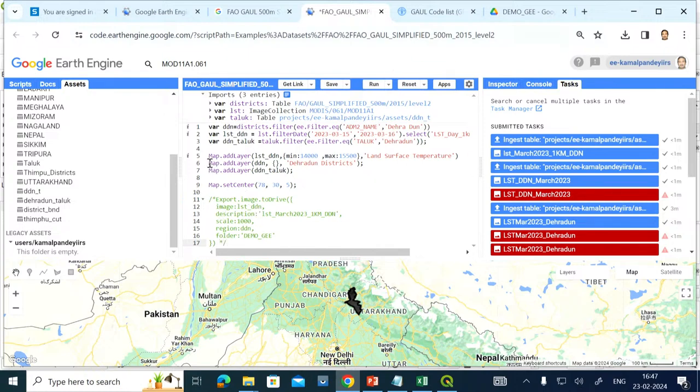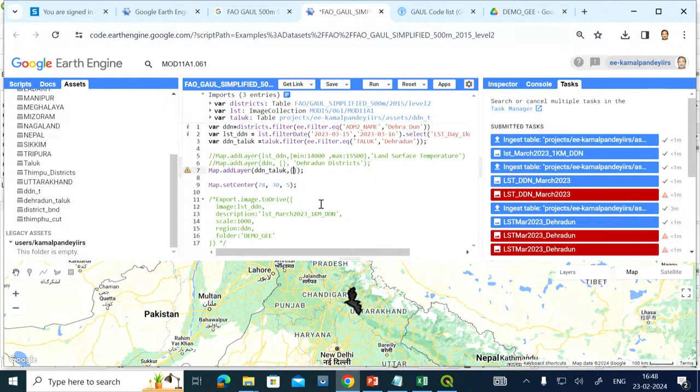If you want to comment a single line, you can just comment it like this also. This is also commented. Your DDN district is also now commented. So you have only the LST and the Taluk. Let me comment that LST also. So I have now only one layer to be added, that is the DDN underscore Taluk.